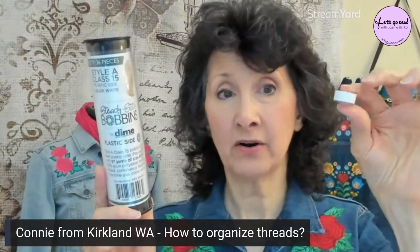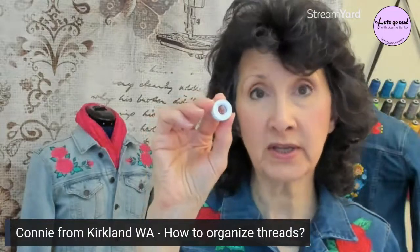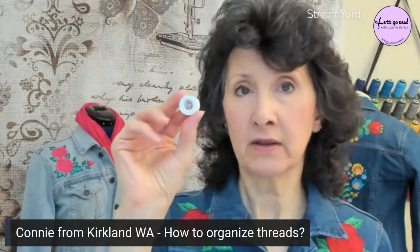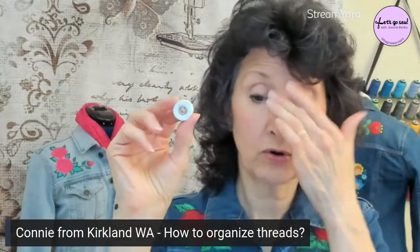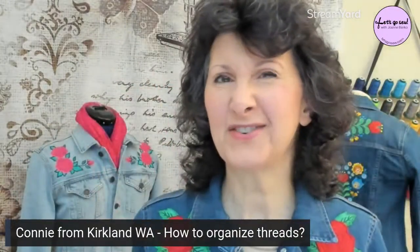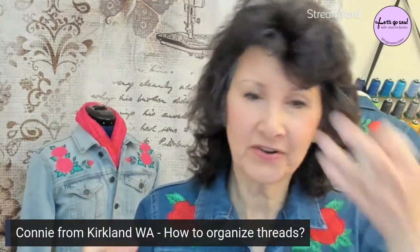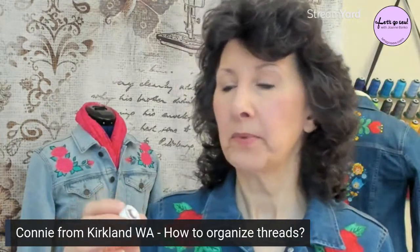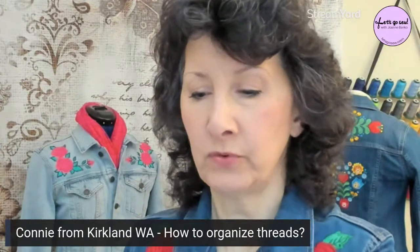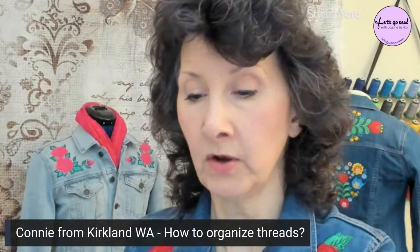These bobbins are reusable. So Brother does sell pre-wound reusable bobbins. When I'm done with this, I can use it for any other thread I want, or wind my own embroidery bobbins, which I do sometimes too. Sometimes I find it's kind of like a warm-up exercise to start winding your bobbins before you start your embroidery project. But the key here is if you've got disposable bobbins, if you're able to look at them really close, pull one out here. Oh, actually, these are